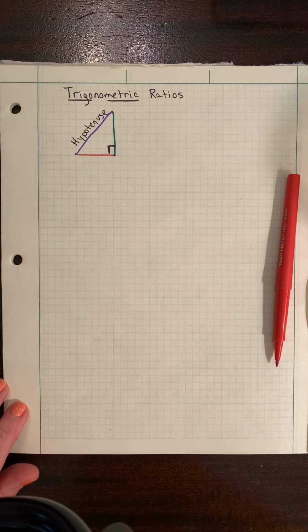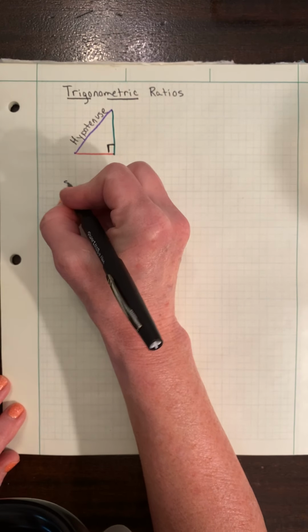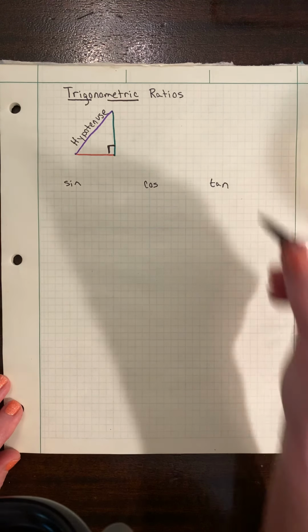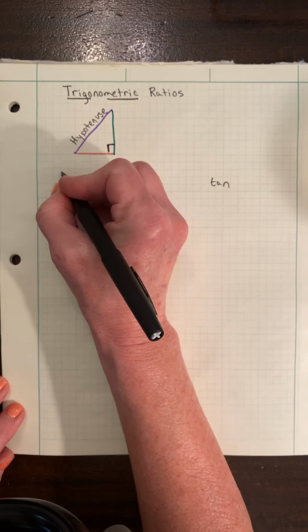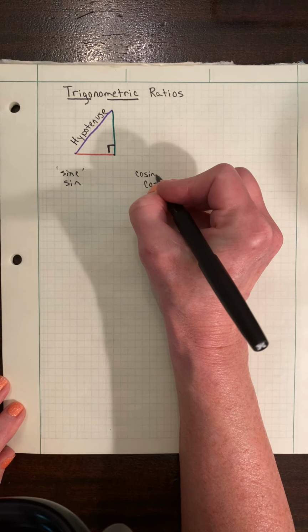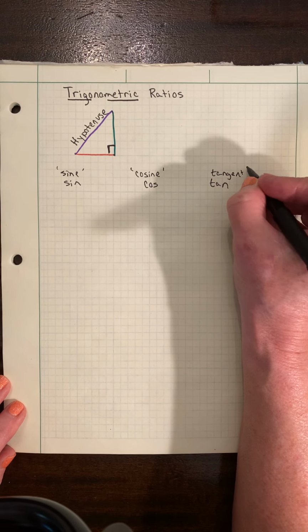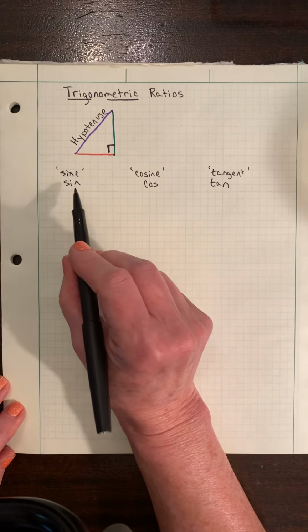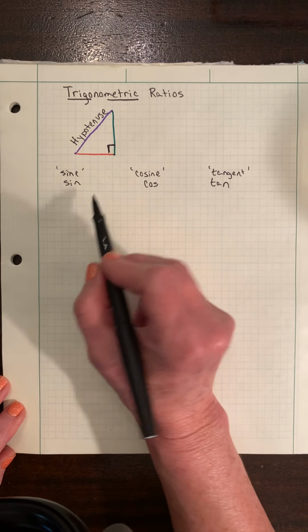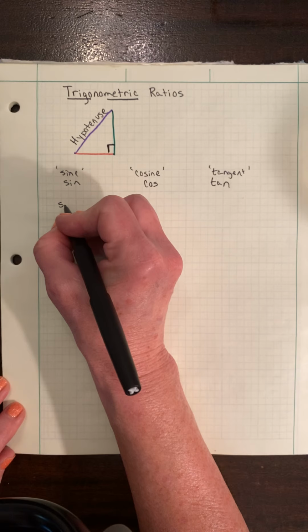Okay, let's go ahead and write down our trig ratios on the calculator. You saw SIN, COS, and TAN. Those are actually short for the words sine, cosine, and tangent. Okay, so that's sine, cosine, and tangent, and each of these are just ratios of two sides of a right triangle. For example, the sine of an angle